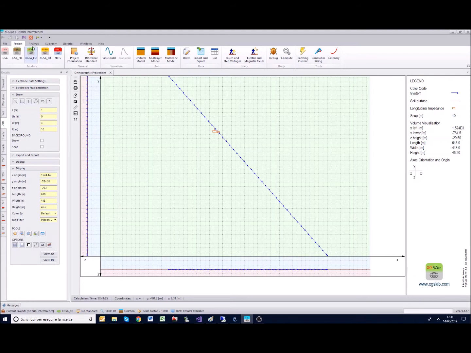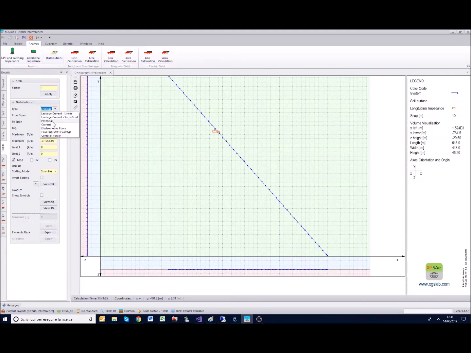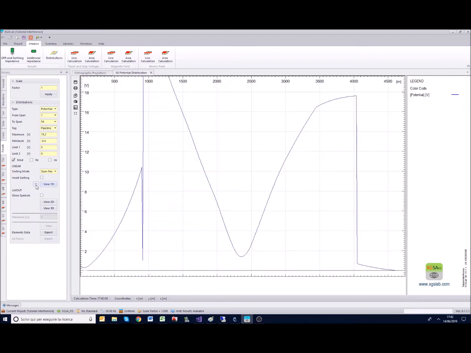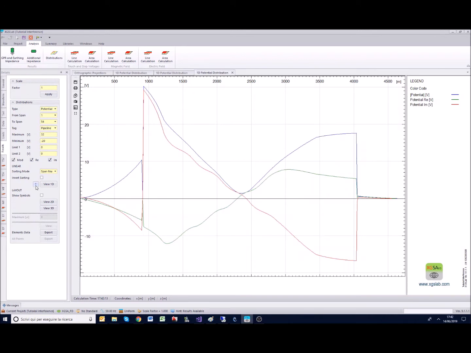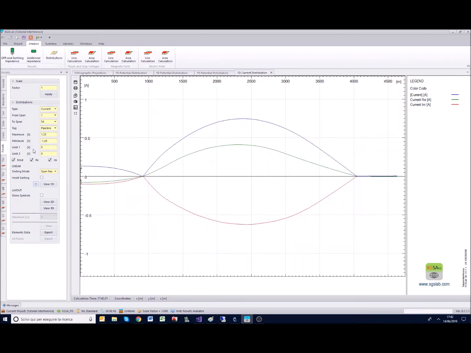Consider that now with this old project, the results, if for example I plot the potential on the pipeline, the result in view 1D is this one. So it is a continuous and beautiful result. Obviously we can also highlight a real and imaginary value, and this is valid also for the current, for example. So this result. If we change the project and we go to this new project,